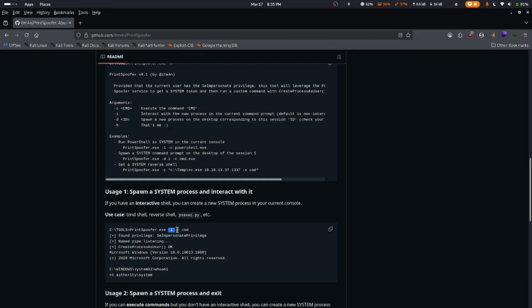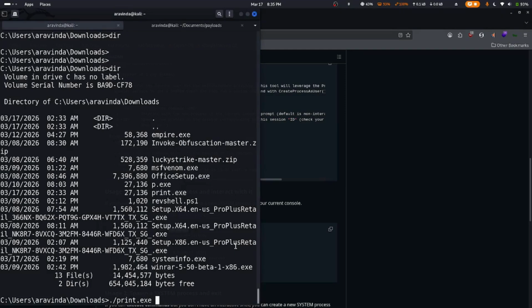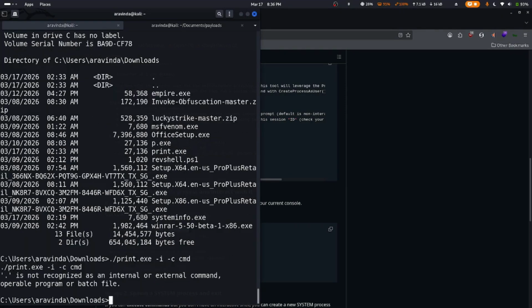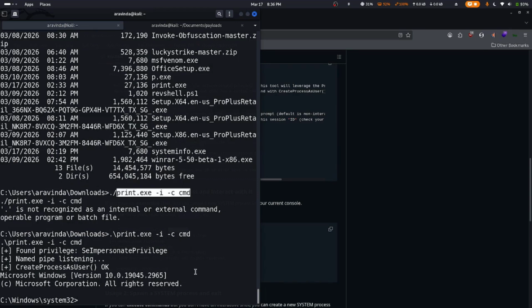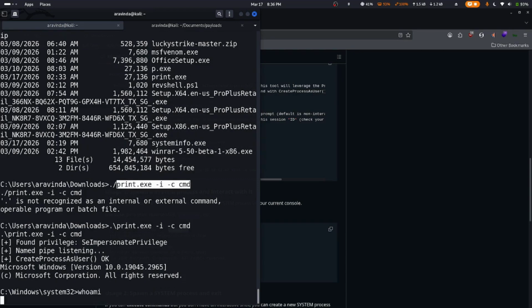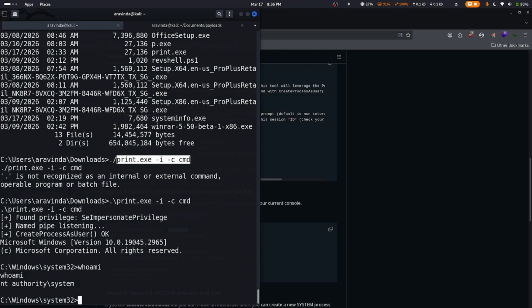We have an example, so we copy the exact command, go to the command prompt and the shell, and hit it. The forward slash should be a backward slash, right? So we do a dot backward slash and then the command,